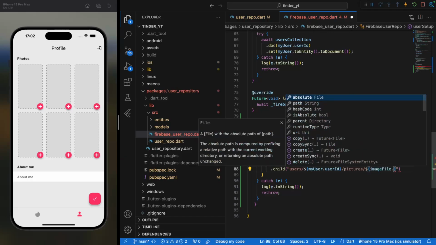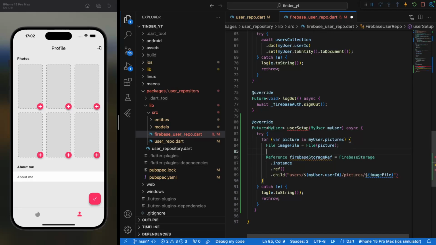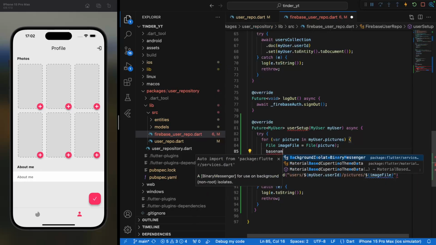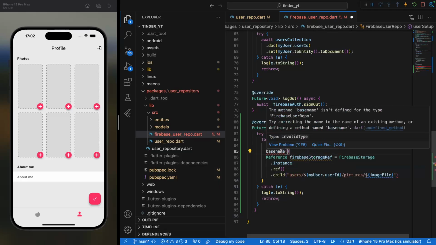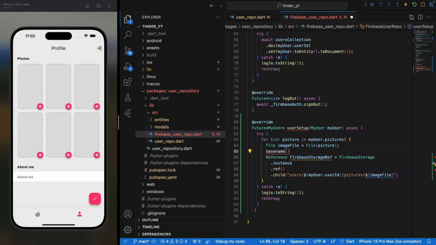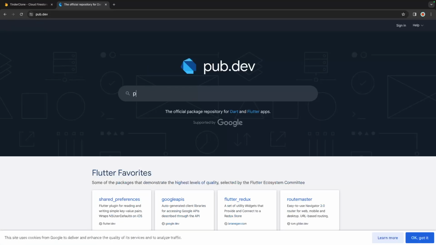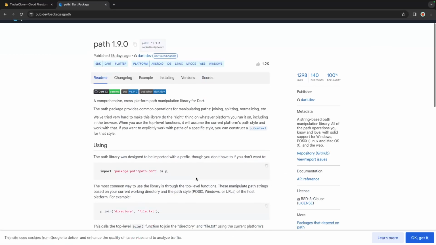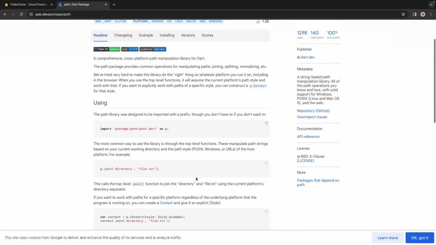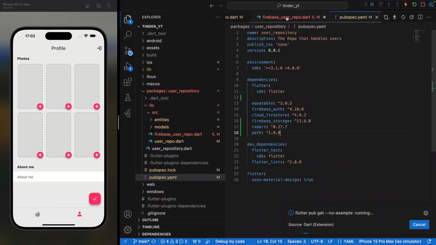image file dot, can we access the name of that thing? We can't. I think I need to use base name, it's somewhere, right? I don't know which package I need to use to be able to use base name. Let me just check that and I will be back in a sec. Okay, apparently from my quick research, it's from the path package. So let's import our path package inside our pubspec.yaml file, save that thing, and normally